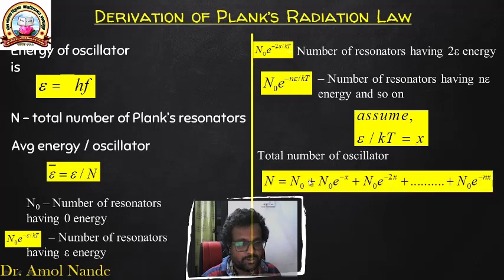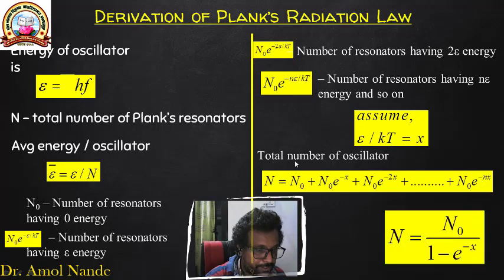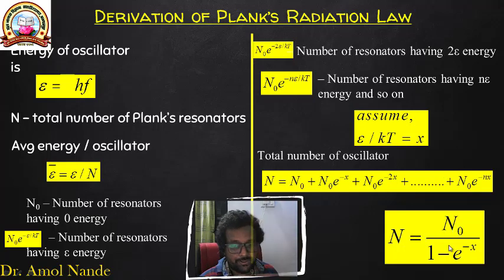सो N इज इक्वल टू कितने? जितने जीरो लेवल पे, जितने फर्स्ट लेवल पे, जितने सेकंड लेवल पे, और जब टू nth लेवल। सो टोटल नंबर ऑफ ऑसिलेटर वी हैव N is equal to n0 plus n0 e to the power minus x plus n0 e to the power minus 2x ... n0 e to the power minus nx, where x is equal to epsilon by kT। अगर इस फॉर्मूले को अपन ज्योमेट्रिकल प्रोग्रेशन के हिसाब से लिखते तो दैट होल बिग इक्वेशन रिड्यूसेस टू N is equal to n0 divided by 1 minus e to the power minus x।